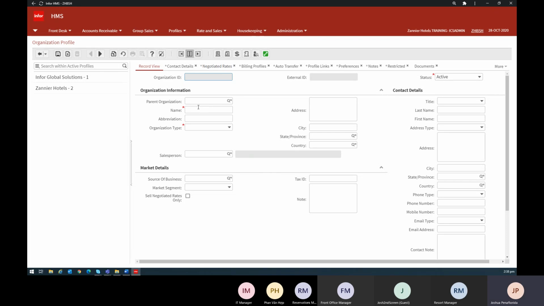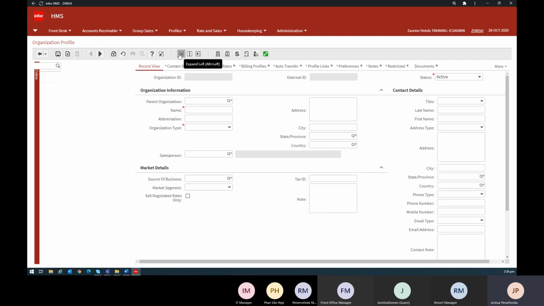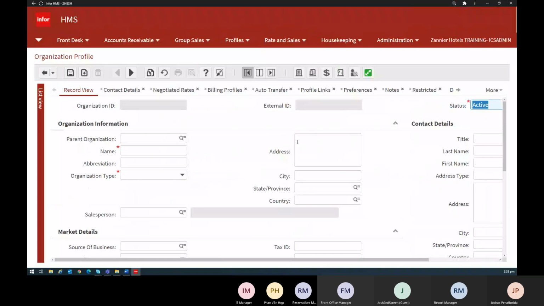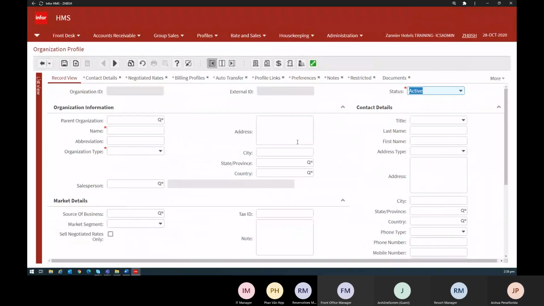And you would notice that we do have some red marks over the screen, having it as mandatory or required fields. Let me just push the bar to the left-hand side to have a bigger view of my screen right here, right? And every screen in HMS is actually divided into parts using the tab functionality that you would see here right above, right? So all records in HMS start with a record view,